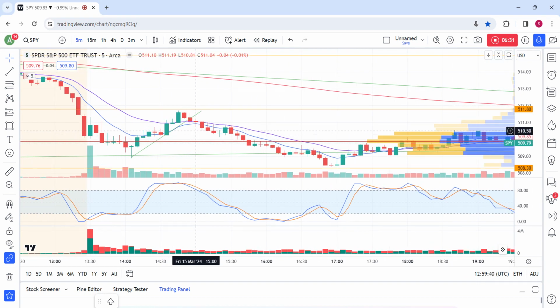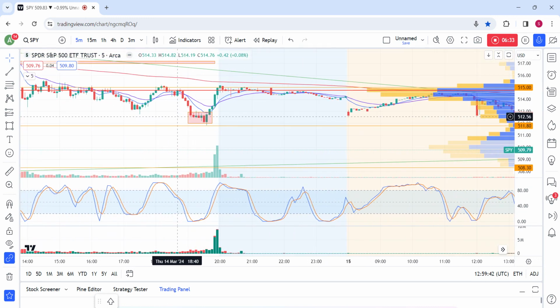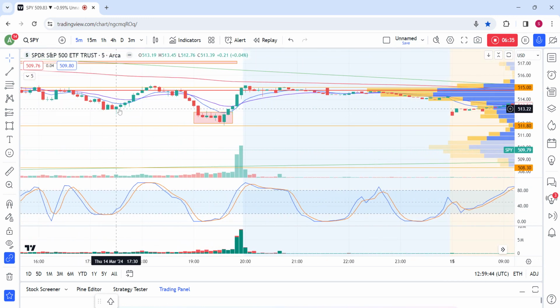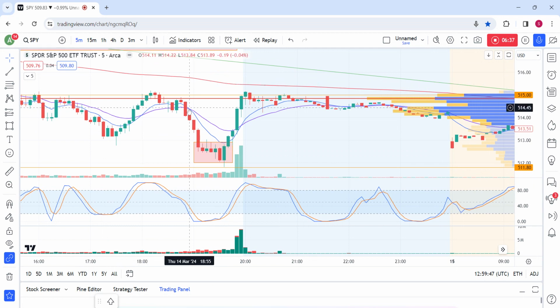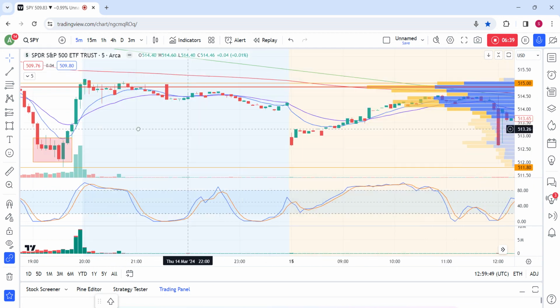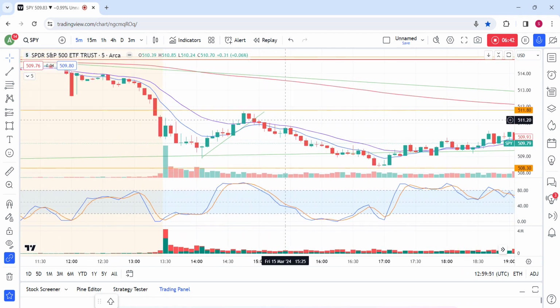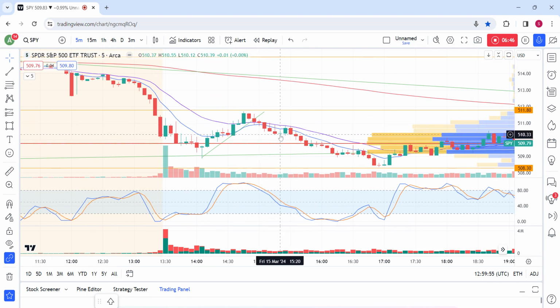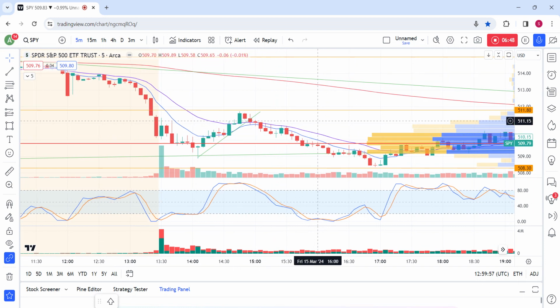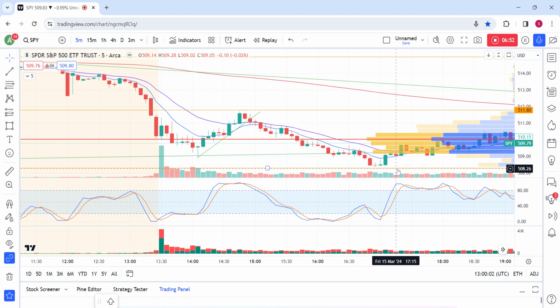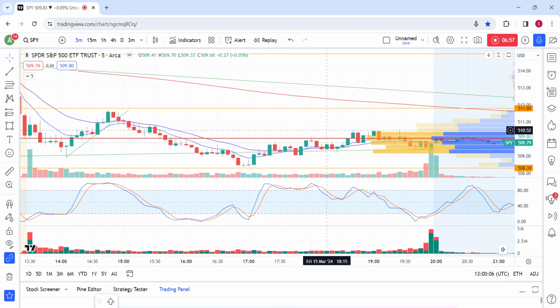up immediately. Immediately would be something like this, where we tap into a zone and we get a strong push. Same thing, we tap into a zone and we get a strong push. But in this case, we didn't really get any type of buyers show up. I mean, these candles are not really buyers' candles. And eventually we faded all the way towards the end of the range again, tapped the trend line and reclaimed it